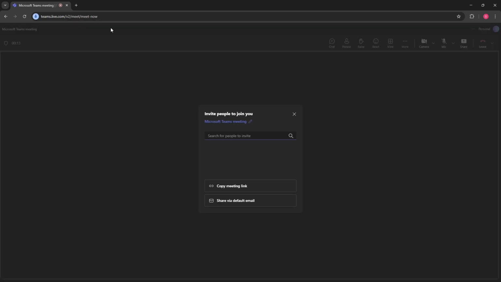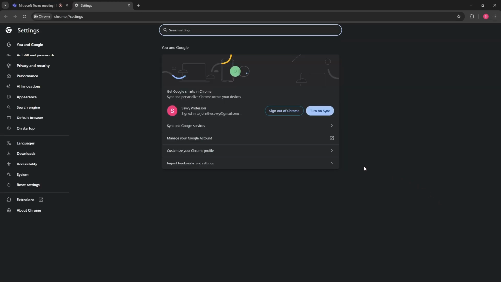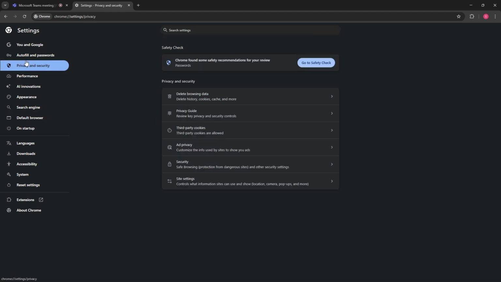But somehow, if you are still not seeing your friend's video, what you could try to do is simply reset the Chrome on your web browser. So just simply go to the three dots on the top right, and you could just simply go to the settings. And now here you could just simply go ahead and go for privacy and security, and you will have